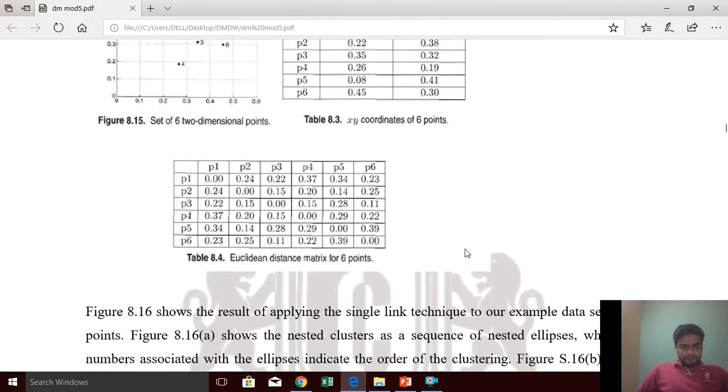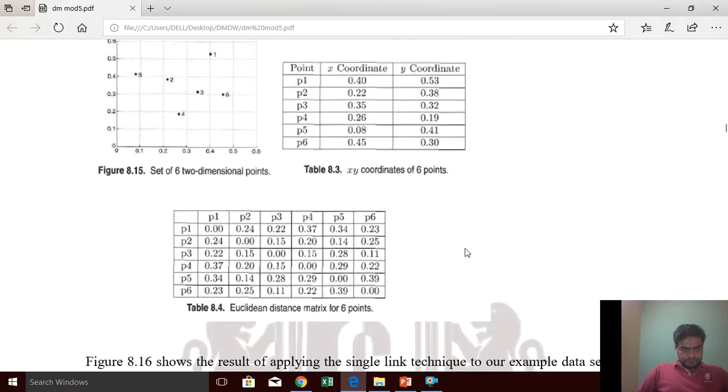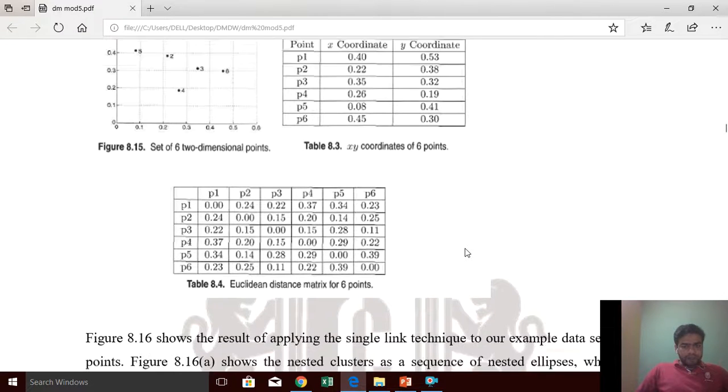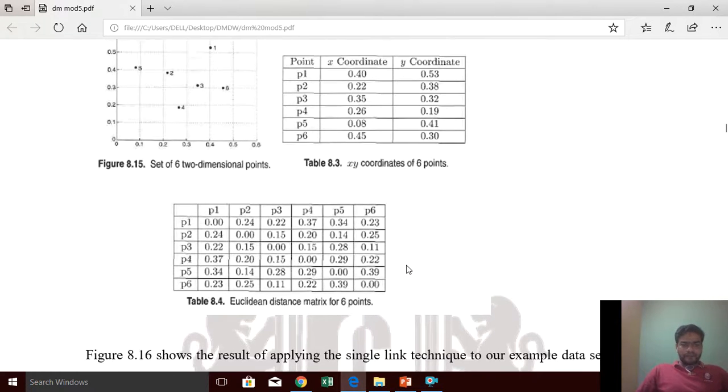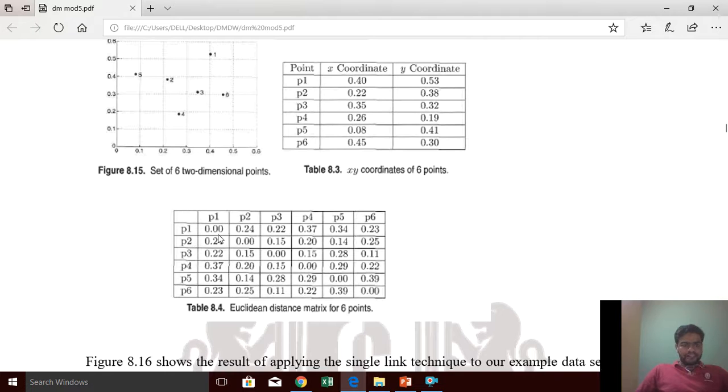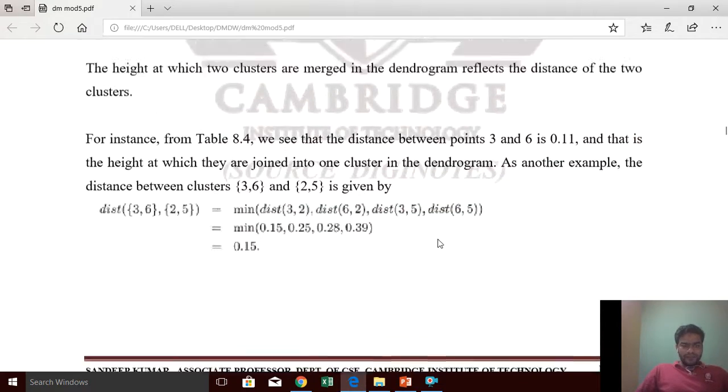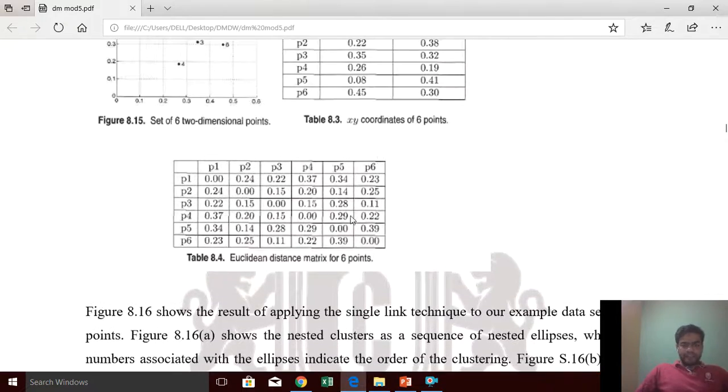Okay, so now we need to find out the Euclidean distance matrix. Now this is the Euclidean distance matrix for 6 points. P1 to P1 is already 0. P1 to P2 is 0.24. So the same Euclidean distance formula, whatever we have used, the same formula we need to find